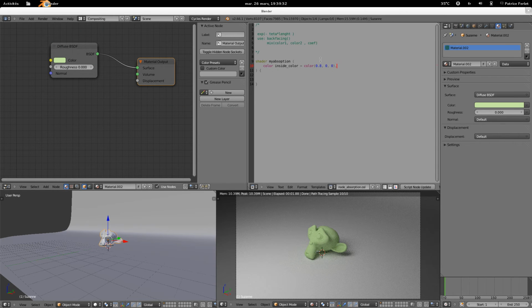0.8, 0, 0. Another color, outside color, 0.8, it's okay. And we need the theta. We'll name it fac for factor, and this is a floating value, so float fac and set it to 1 by default. Okay, so